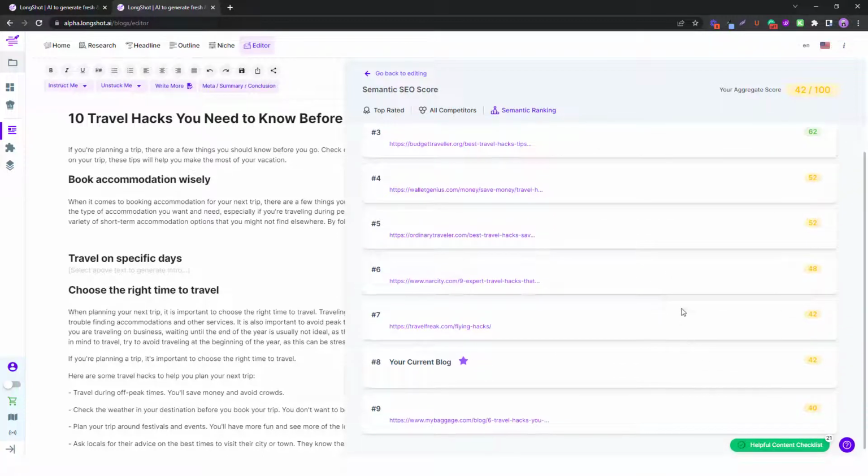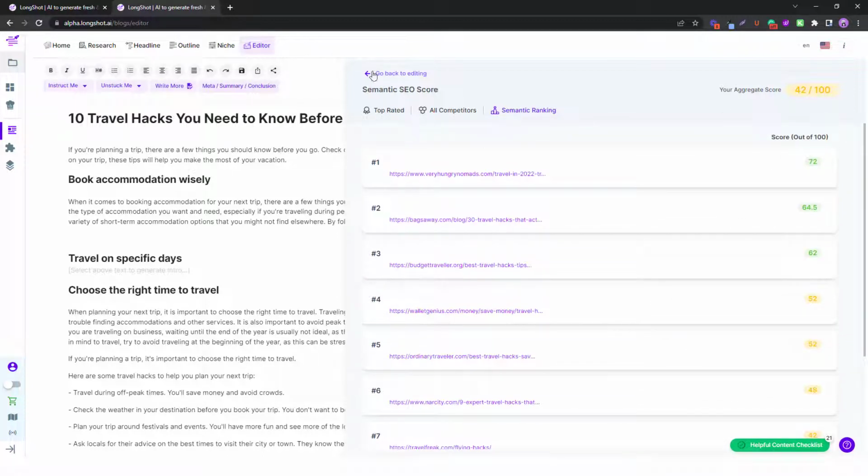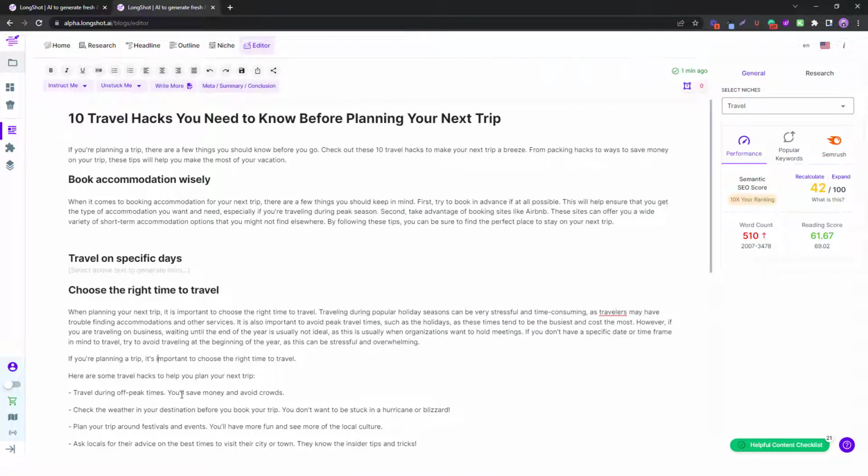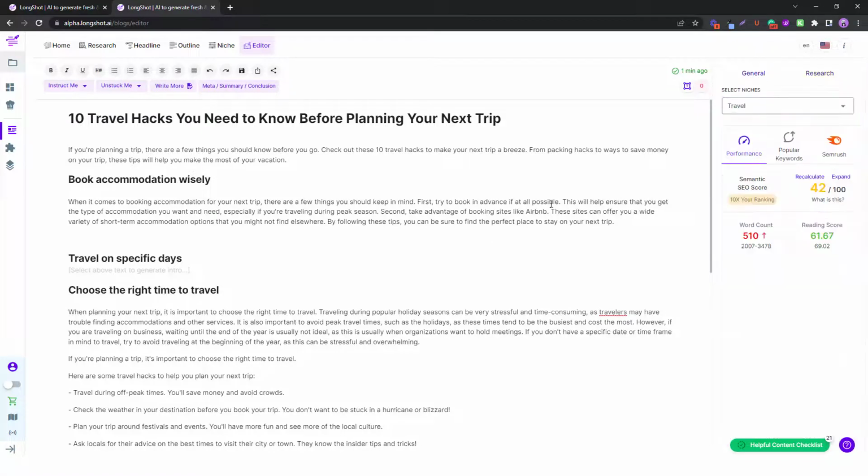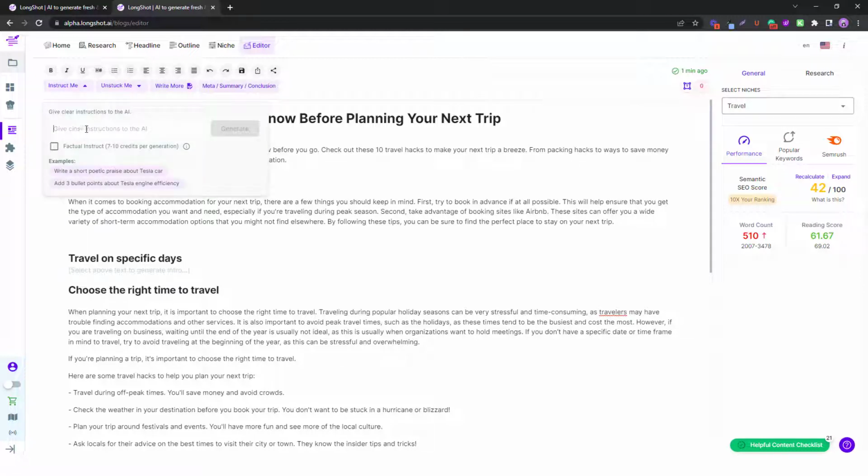So of course we need to push our score up just to compete with these different blogs for this particular topic, which is travel hacks 2022. And again, pretty simple, right? Travel on specific days. This time, let me just copy this thing and instruct the AI, write about why traveling on specific days